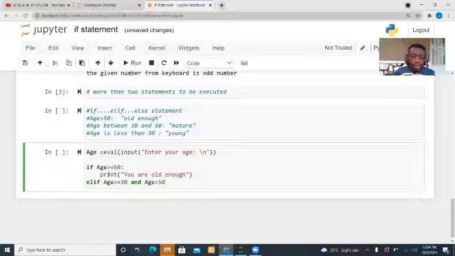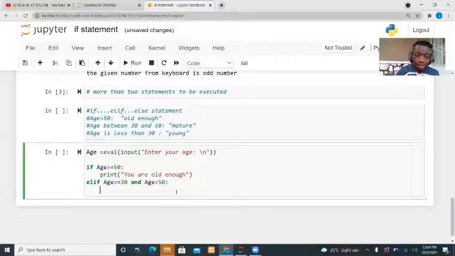So if the age is greater than or equal to 50, you print the message that you are old enough. If the age is not greater than 50, we're gonna check if the age is greater or equal to 30, and at the same time age is less than 50. Here we print the message